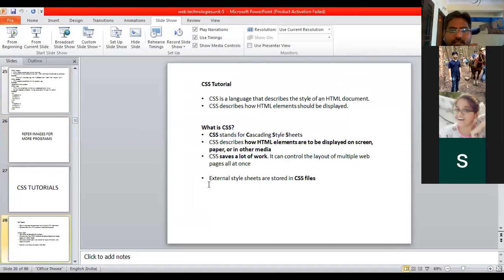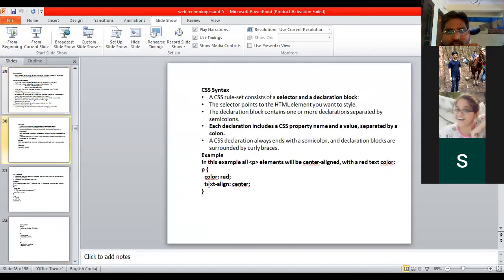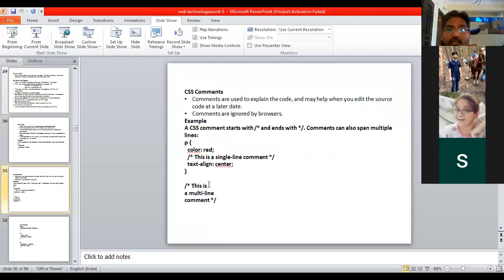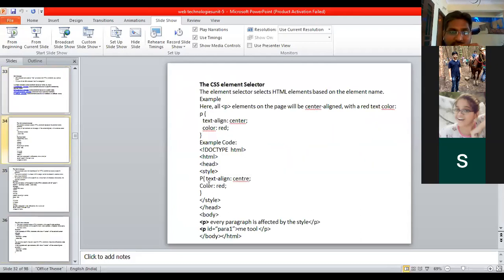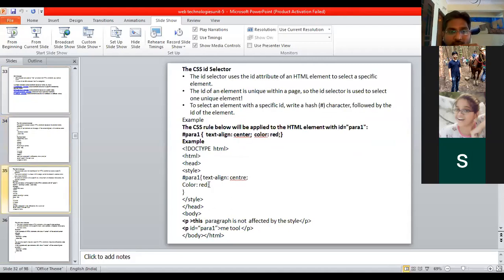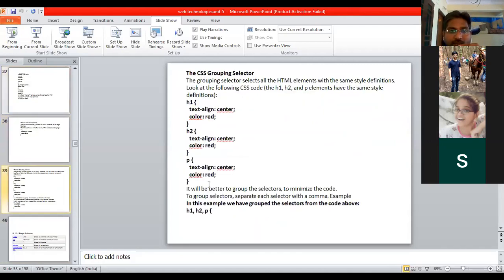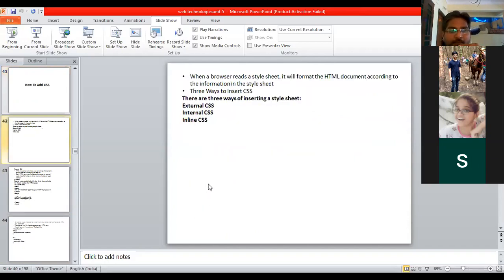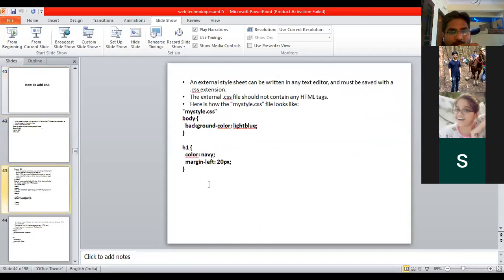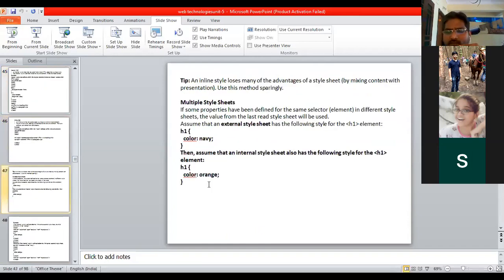Then we have also seen CSS. What is CSS? Cascading Style Sheets. If you want to implement styles for the complete document, you can use CSS. We have seen how to use CSS, how to select the elements, and the different types of CSS: external, internal and inline. All this knowledge is necessary.